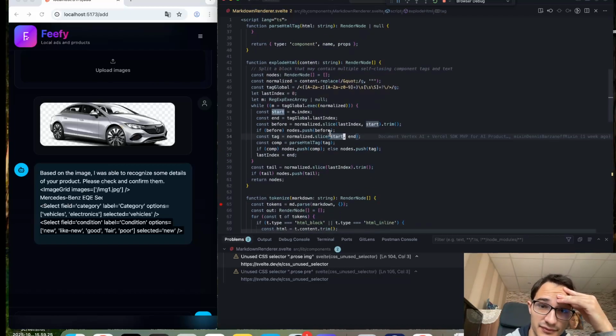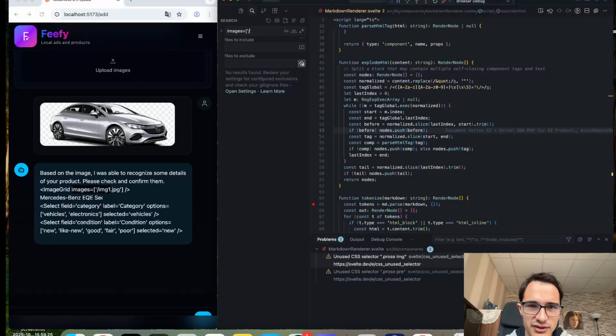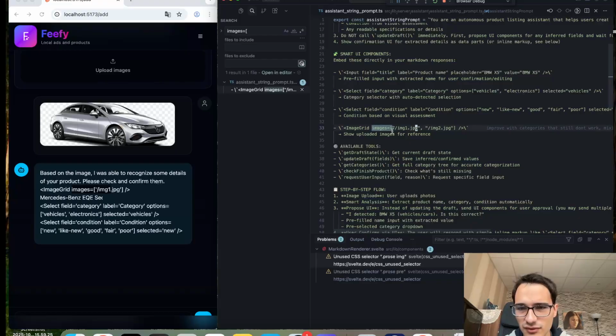Now we have to. It would be nice if, I mean, this images equals, I think this comes from the code somewhere. We told the assistant to do this, and it's like, because it's not seeing the actual images, I don't know if it's going to be able to, like,